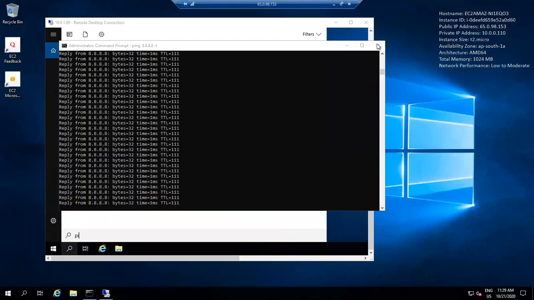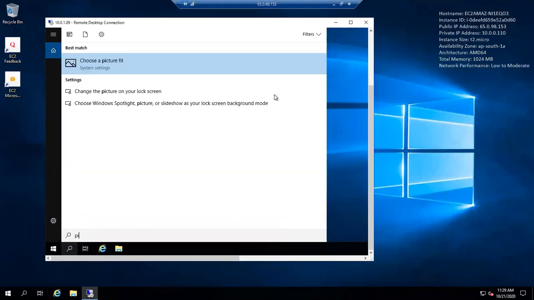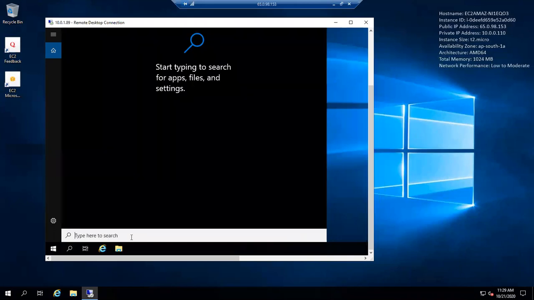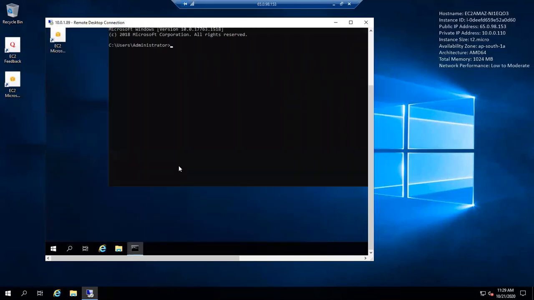I am typing cmd and pinging once again, 8.8.8.8 with hyphen t. This is my public machine. You can check, I have internet access. This is my private machine.